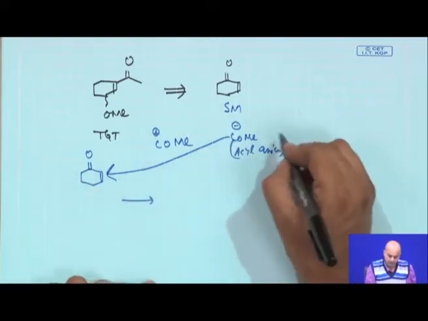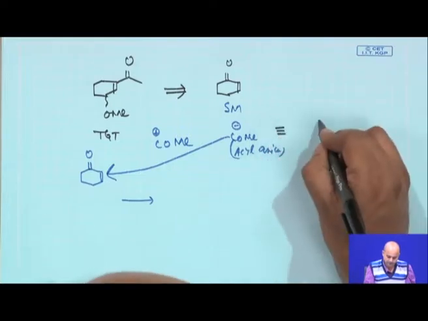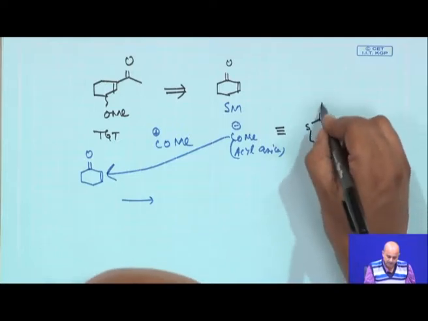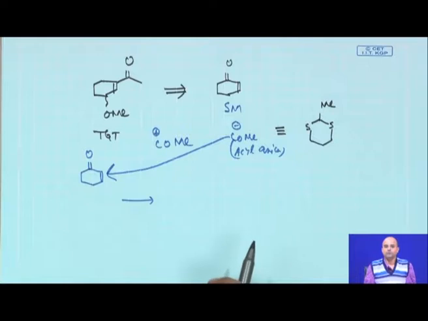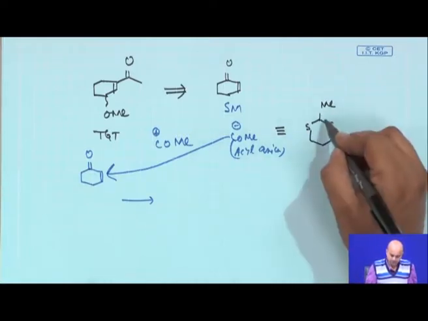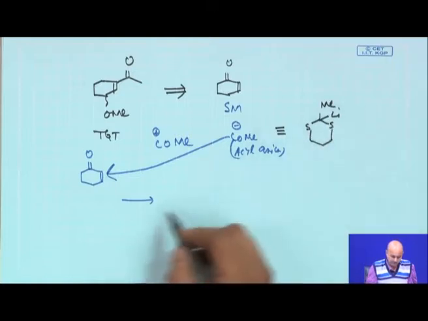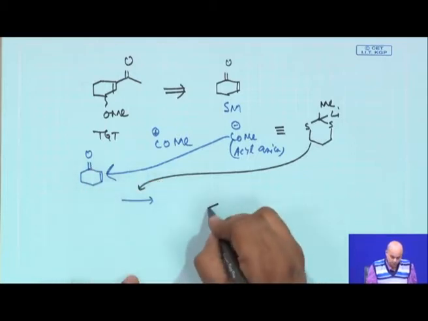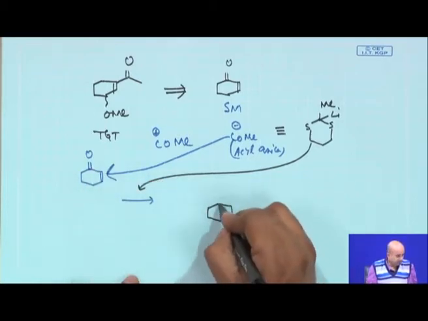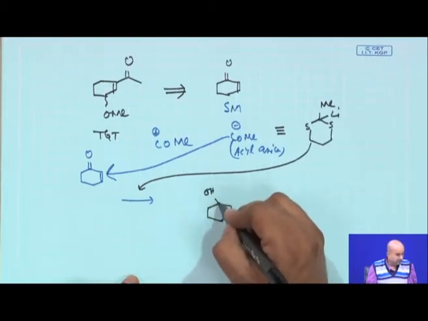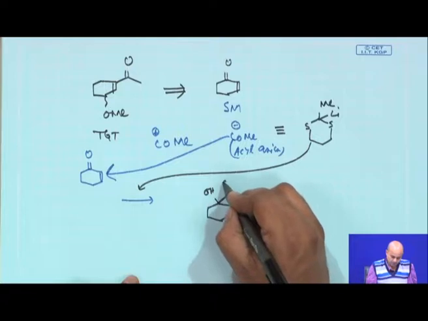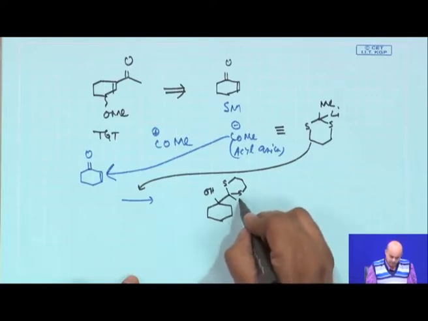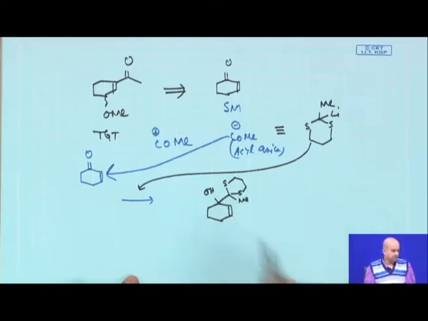Now, the COMe species you can basically generate from an acetaldehyde which is protected as this 1,3-dithiane. So, you pick up this hydrogen by a lithium and now react this species with the cyclohexenone in 1,2 fashion. So, basically you will get a compound whose structure will be this, a methyl is there, this is the thing.